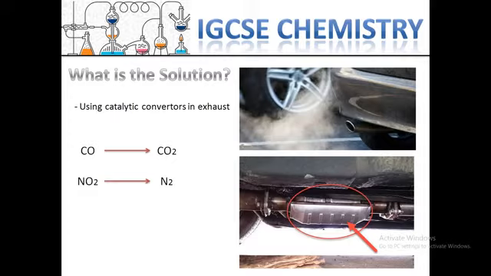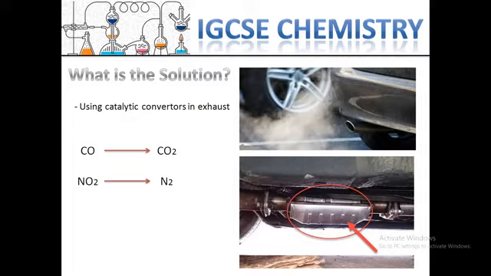This could be expensive, and maybe it's not possible for everyone to install a catalytic converter in the exhaust. As you can see in this picture, vehicles produce lots of fumes, lots of pollutants in air, but